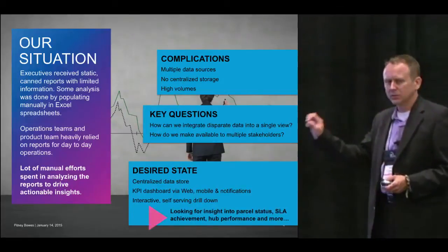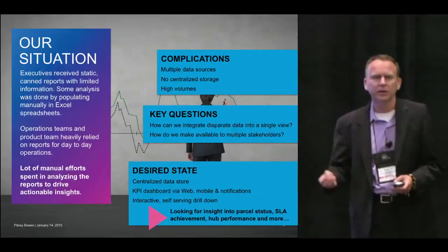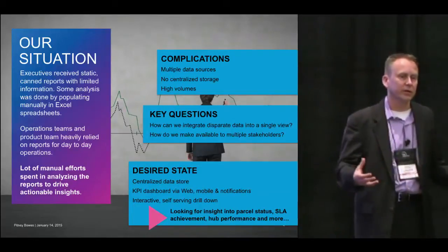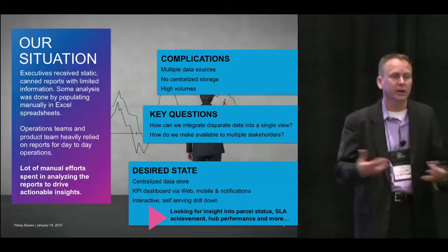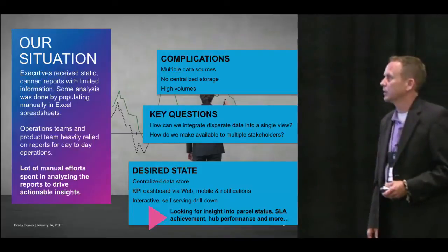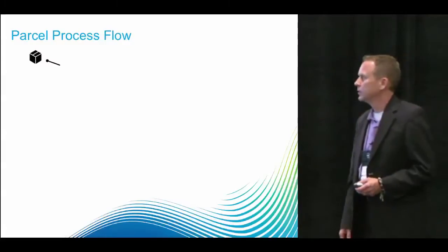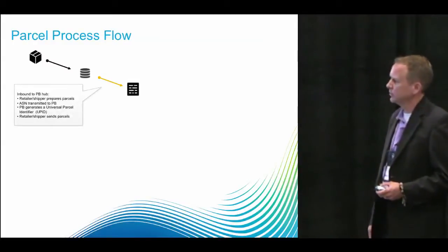The ultimate goal here and why this is relevant to the supply chain is around this parcel status, SLA achievement, being able to drill down and look at the number of participants we have in our carrier network and where's the network performing and where are we not, and how do we react to that, and how do we provide the right level of client care. I'm going to let this slide build out. I described this a bit, but the general gist of this is